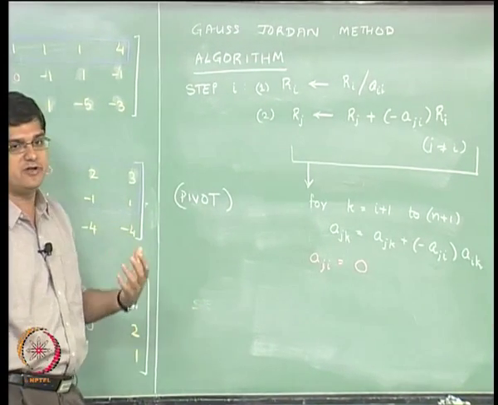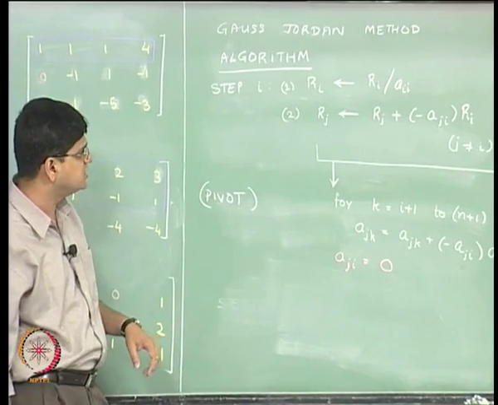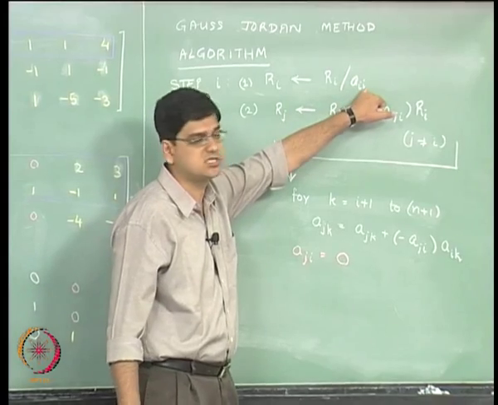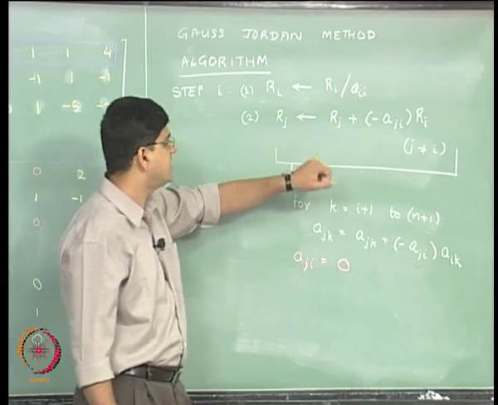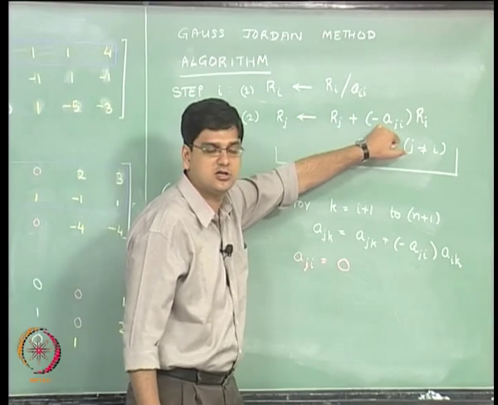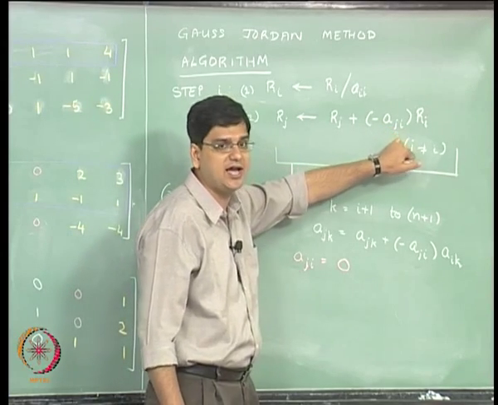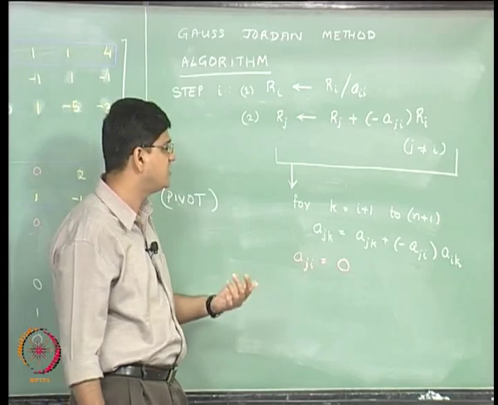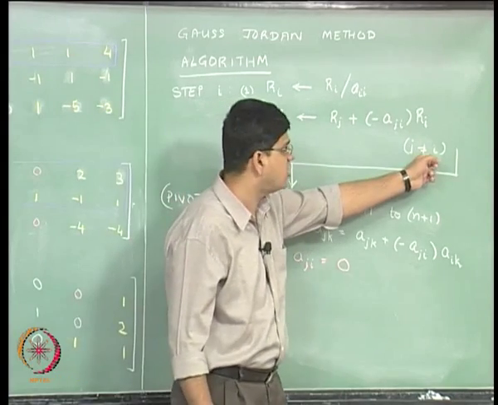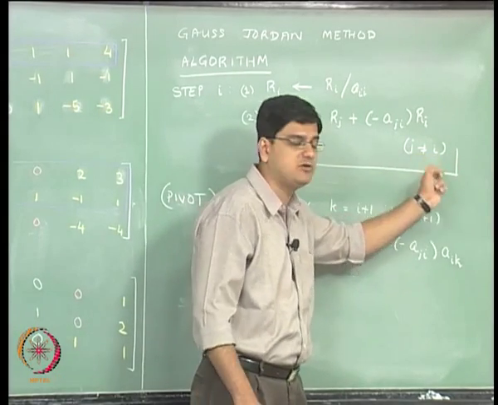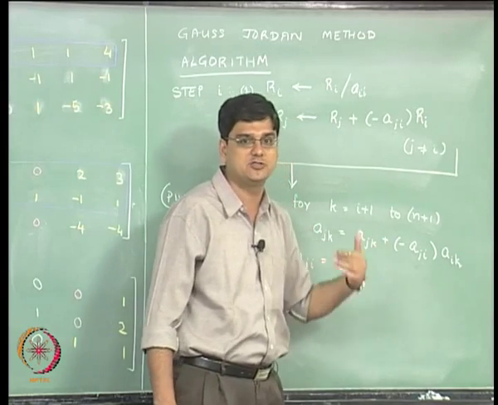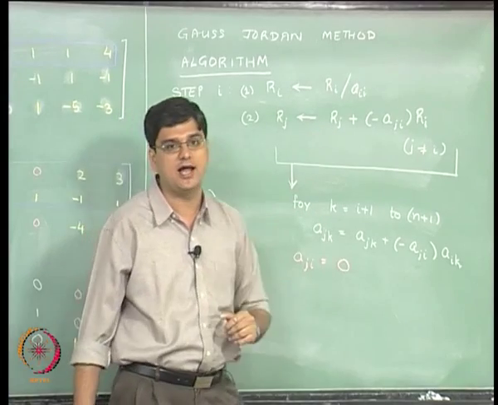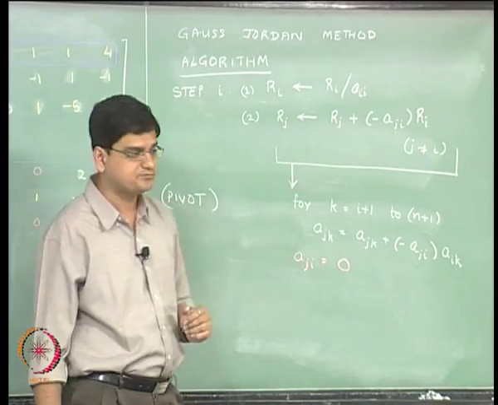The difference between Gauss Jordan and the Gauss elimination method is that in the Gauss elimination method this step is not there. Okay. The second difference is that this particular coefficient is a j i divided by a i i, and we have represented that as alpha j i, and it is not for j not equal to i, but it will be done for j equal to i plus 1, i plus 2 up to n. So, that is the difference between Gauss Jordan and the Gauss elimination method.